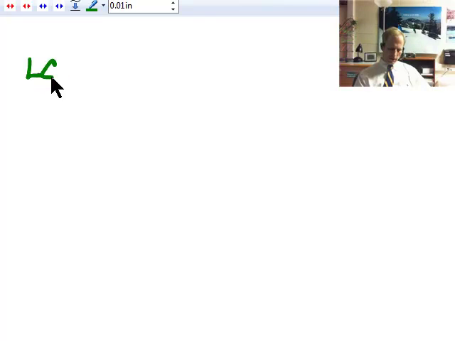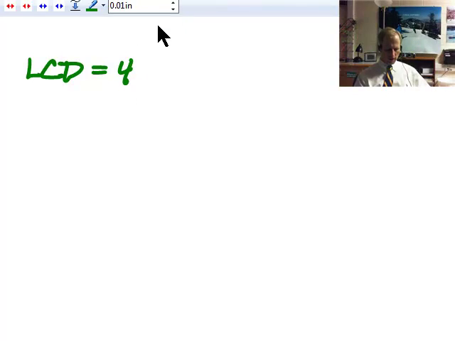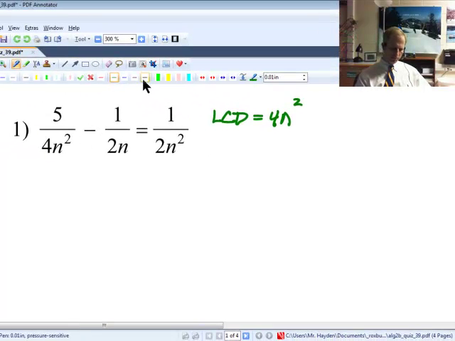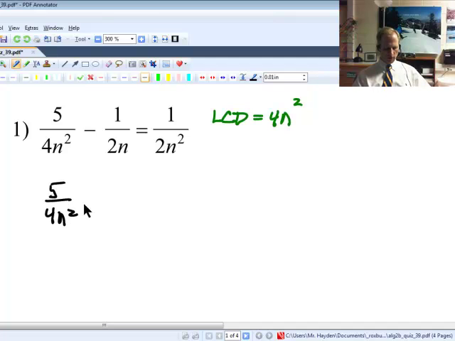common denominator. Now, the least common denominator is going to have a 4 in it, and as far as n goes, I need to find a fraction that has the most occurrences of n, and I need to use the exponent from that fraction. So the most times n occurs is twice, so I'm going to use 2 as an exponent of my LCD. Alright, at this point I usually rewrite the equation, leaving myself room to write in the LCD over 1